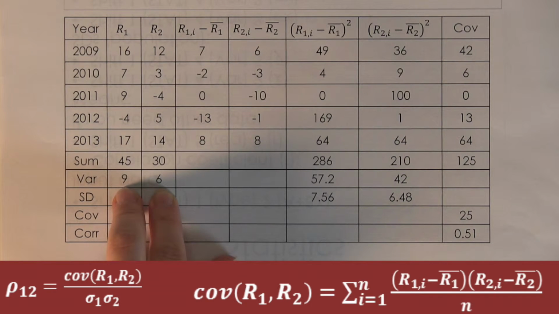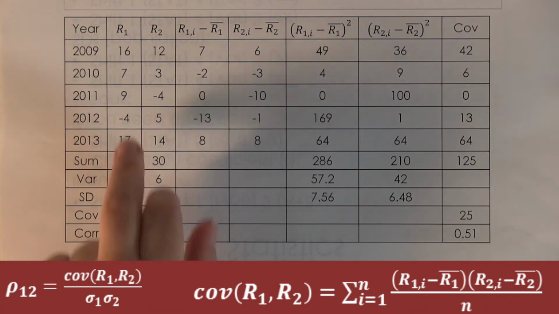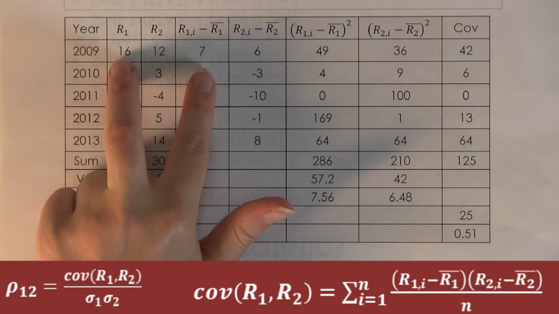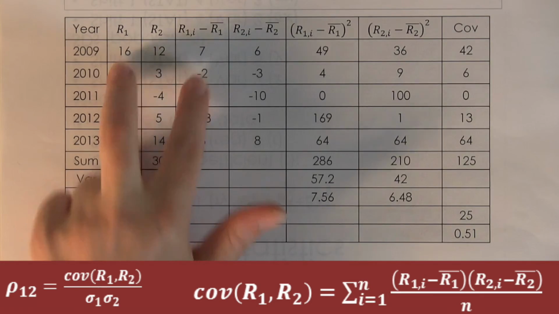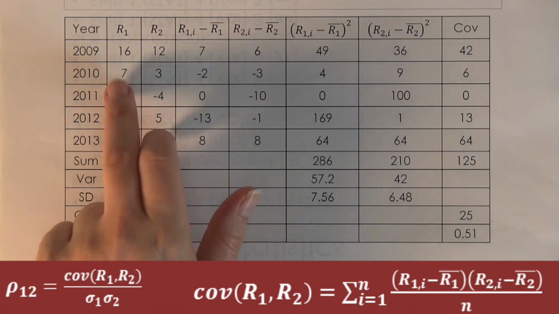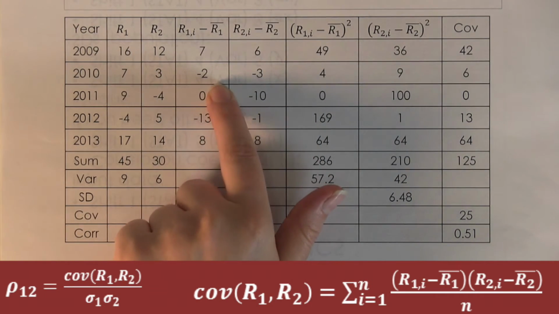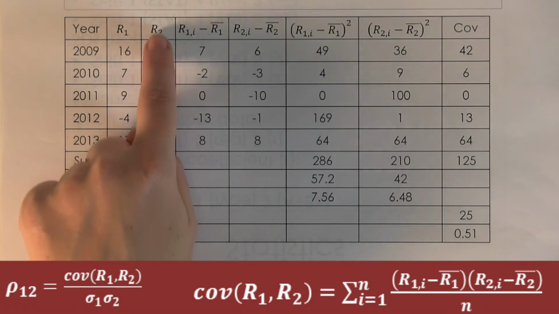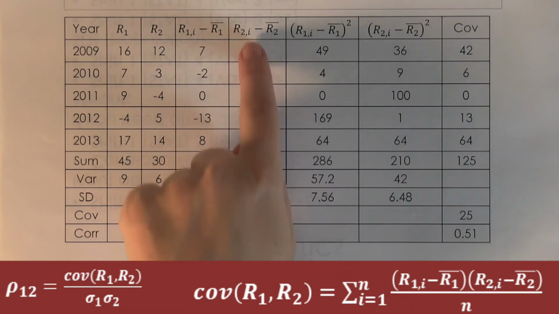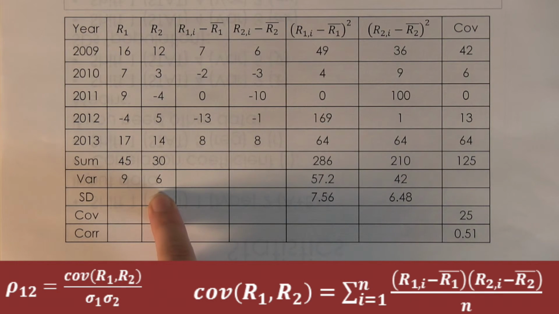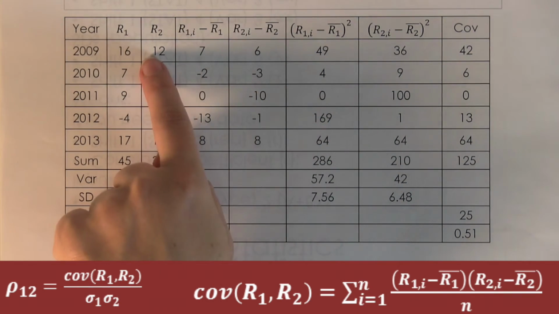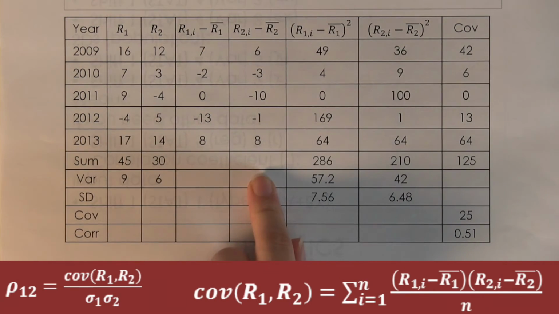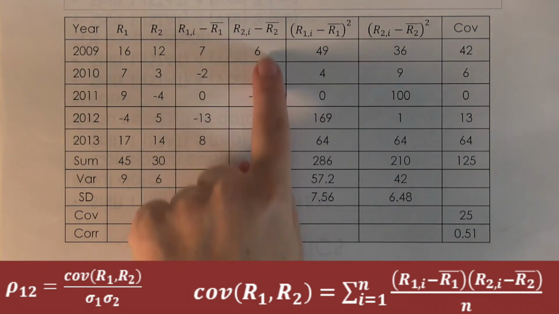Then I'm going to have to calculate the difference between each of the rates and the mean. What happens there is 16 minus 9 gives me 7, 7 minus 9 gives me minus 2, and so on. And again, I need to carry out the calculations for the second set, the difference from 6, which is their mean. So 12 minus 6 is 6, 3 minus 6 is minus 3, and so on. Once I've got these,